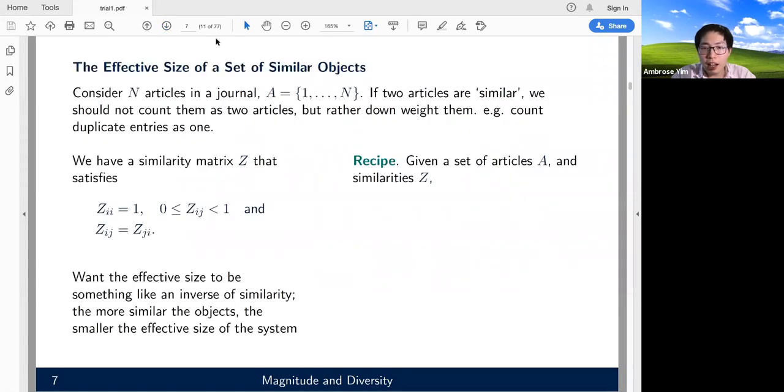So at the heart of this discussion is this recipe. Because when we compute this diversity, we do so by assigning weight to each article. So in a sense, this weight is how diverse this article is in relation to articles in the same collection. And for that simple example, we just use the keyword sort of Jaccard index.